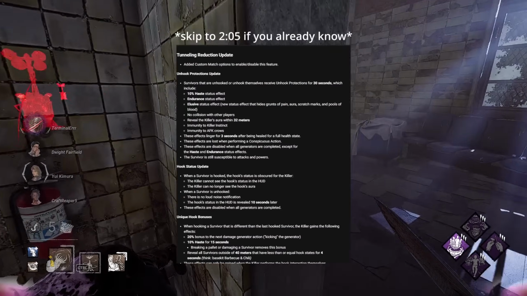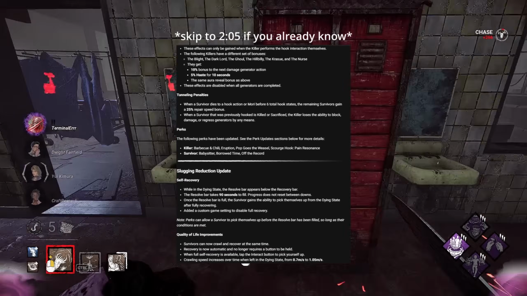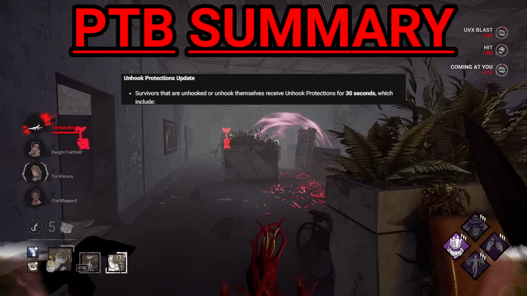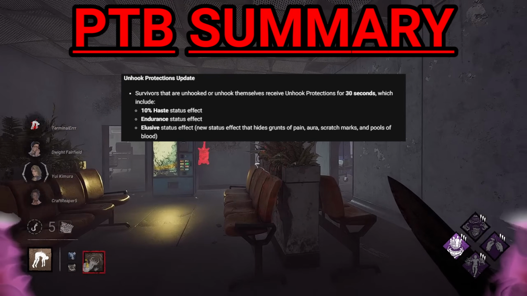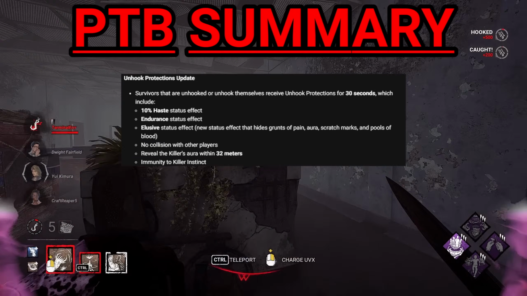We'll get into that soon, but first I should probably go over a summary of all the changes that were on the PTB for those who don't know. Starting with the anti-tunneling changes, we have buffs to unhook protections. As soon as a survivor got unhooked, they had 30 seconds of 10% haste, endurance, a new status effect called elusive that makes you hidden, loss of collision, revealed the killer's aura within 32 meters, immunity to killer instinct, and